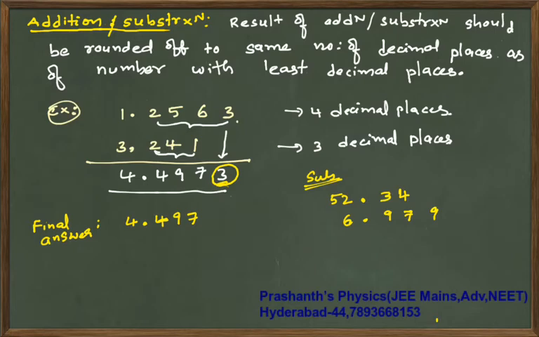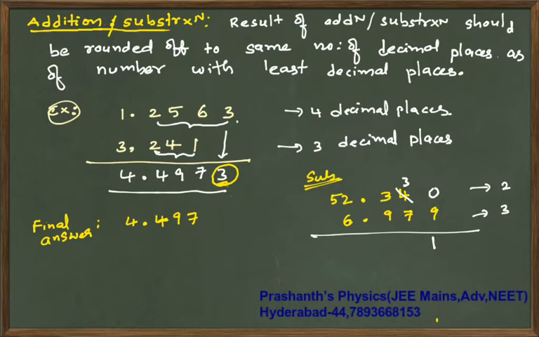So now look at this. On the top part, 2 decimal places. In the bottom part, 3 decimal places. So your final answer is supposed to be 2 only. So now let us first subtract this. I will place a 0 here. 4 becomes 3. 10 minus 9, it is 1.